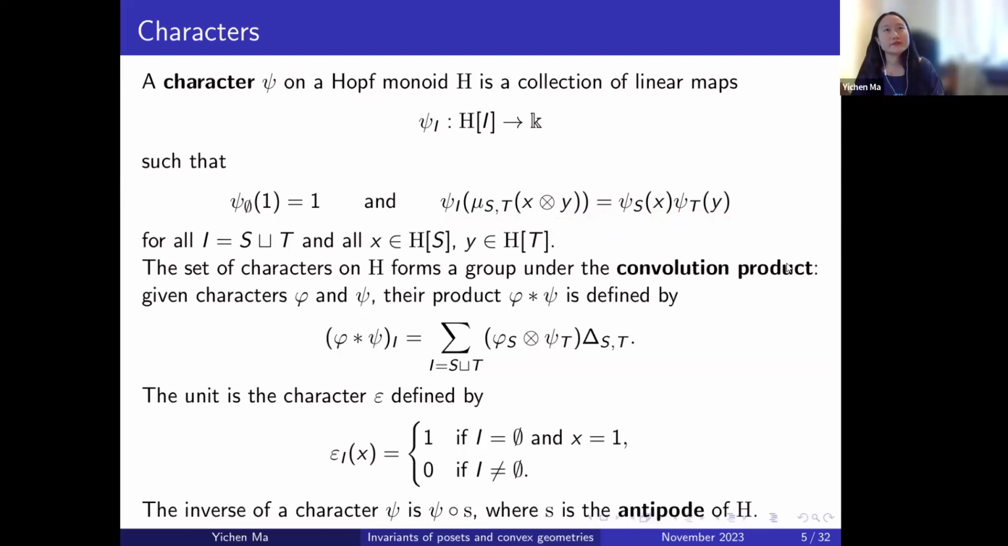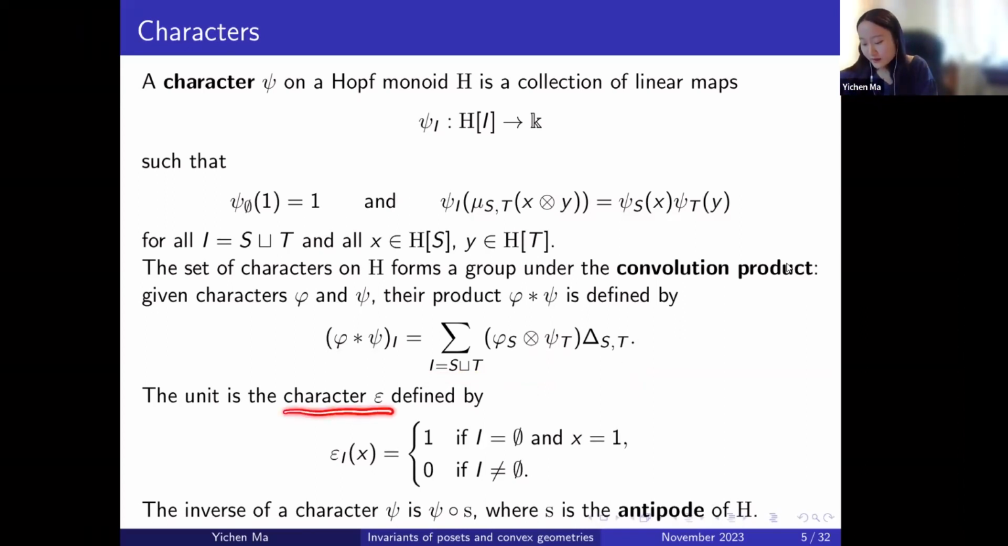There's a well-known theorem about the characters on a Hopf monoid: the set of all characters for a given Hopf monoid forms a group under the convolution product. The convolution product is defined as a sum running over all length 2 decompositions of I. We first do the comultiplication and then we compute the tensor product of the character. In this group, the identity element, which we also call the unit,